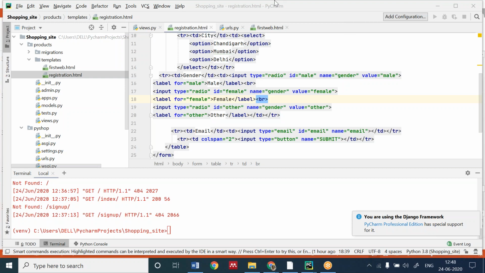I have made registration.html, so how can I open it as a web page? No, using run server, it will not run, Vishaka. We have to do some configuration setting as we have done for the first web.html. The same has to be done for registration.html.